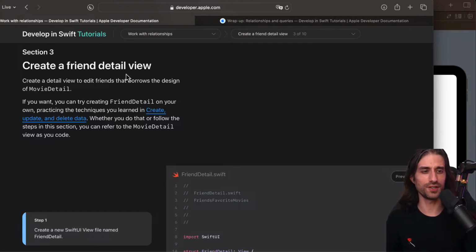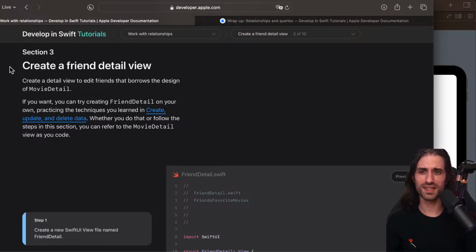I see in the chat a few people have joined. Welcome, I hope you're enjoying this tutorial, which is about SwiftData, but also a bit about SwiftUI. Because this tutorial is part of a larger set of tutorials from Apple to teach people how to get started with developing for iOS, and actually the Apple ecosystem in general, because there is also a part about Vision Pro. So that's why it's a bit more general than just SwiftData. But it's kind of nice because this way it makes it a very well-rounded tutorial. And in the future, I will also cover the part about how to get started with iOS itself. It will be interesting for the following weeks.